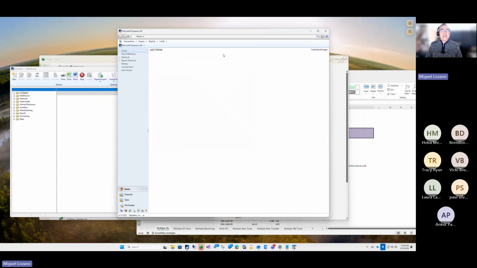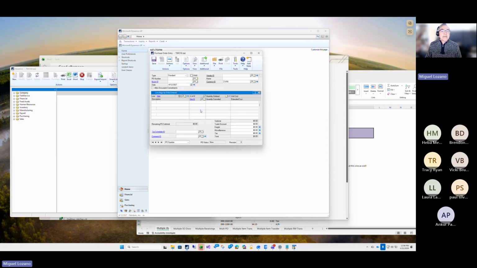TGP Validate not just runs those scripts, and I'm going to do something really simple, and it will take a while, but I'm going to show you a previous example. I'm going to create a purchase order for this vendor, and I'm going to put here contract, and I'm going to put 2 at